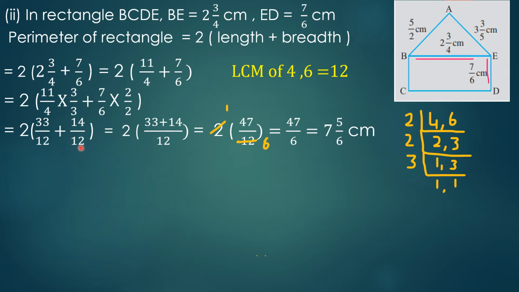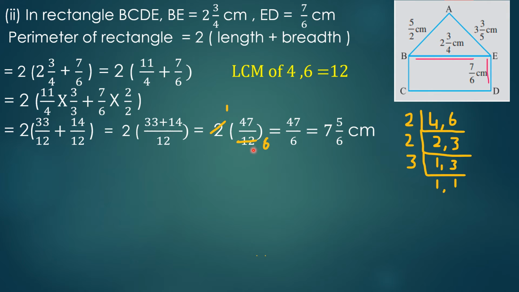So now we have like fractions. Now we can add the fractions since the denominators are same. So 33 plus 14 divided by 12. So now what is 33 plus 14? It is 47. So this will become